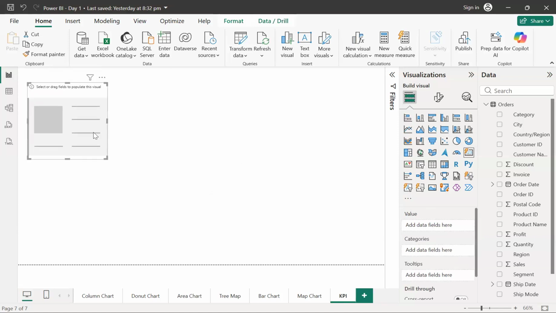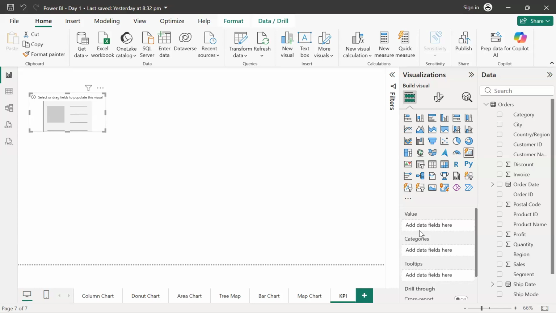Now you can see that, guys, the card is here. This is how the card looks. Now the card will contain the basic information about your data. Like, let's say if I start with the very first one, how much total sales has been done so far. Okay, one second, guys. So yeah, guys, we can try to drag this card over here.